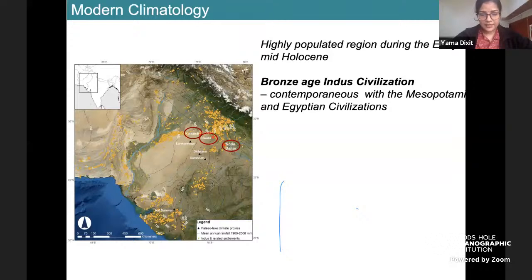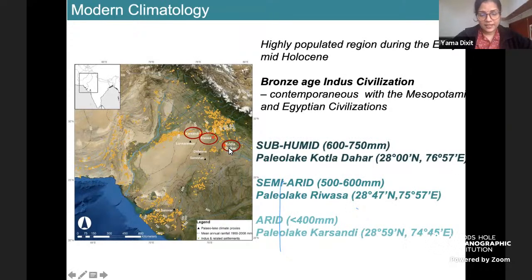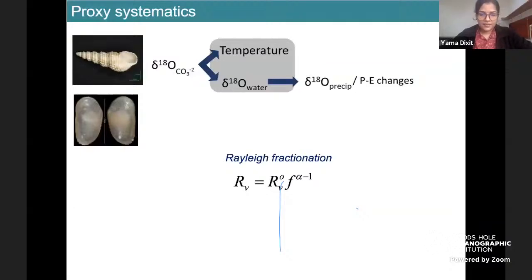So like I said, these are the 3 lakes. Going from east to west, these lakes lie in different climatic zones. In the subhumid region, Kotla Dahar is in about 600 to 750 millimeters rainfall. We have Rivasa in the semi-arid region, and then there's one on the border of the Thar Desert in Rajasthan. So it is in the arid zone, less than 400 millimeters of rainfall. So before I start with the